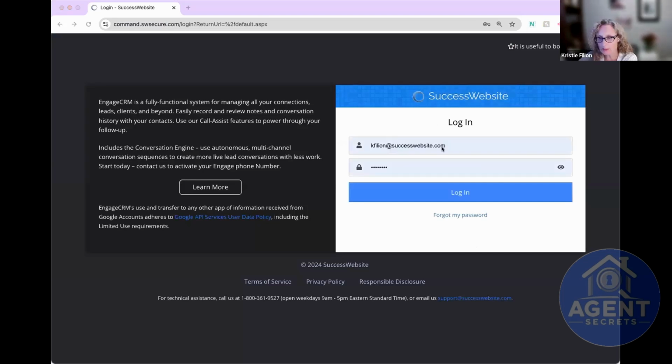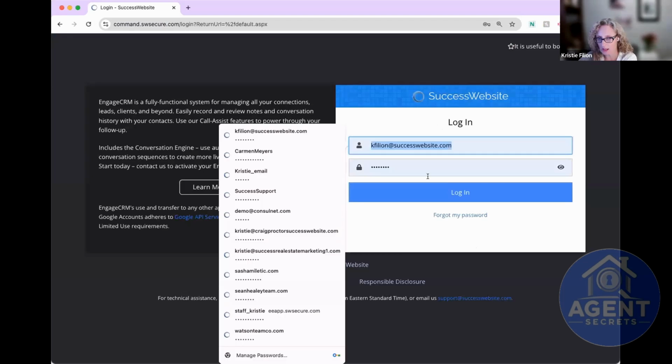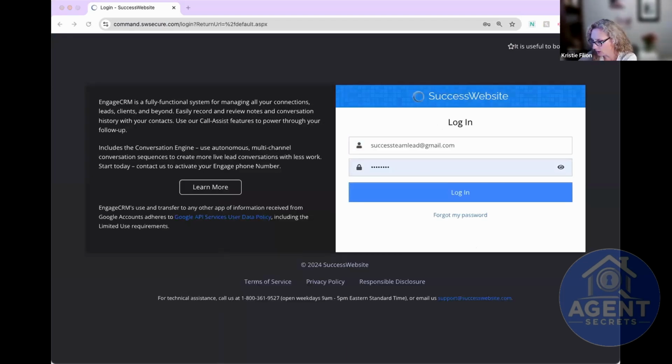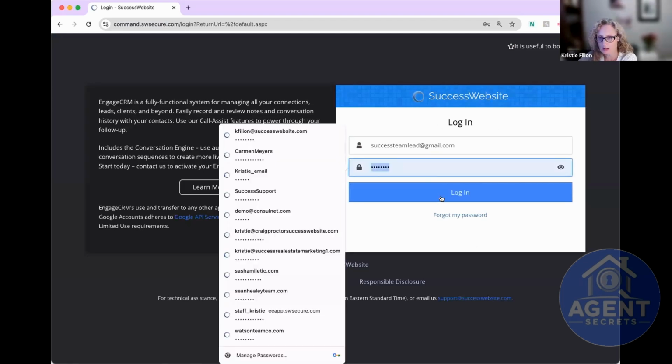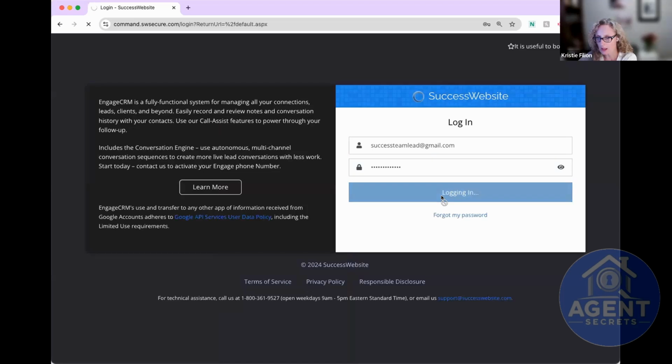And also in the chat, let me know if there's anything specific that you would like me to take a look at. But I will give you a proper tour of some of the new areas that you may not have had a chance to see because they are new.